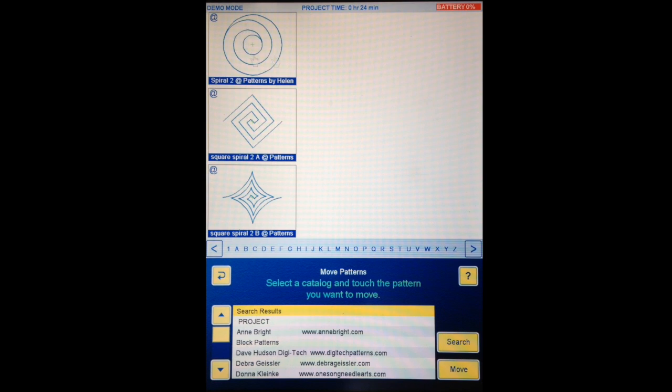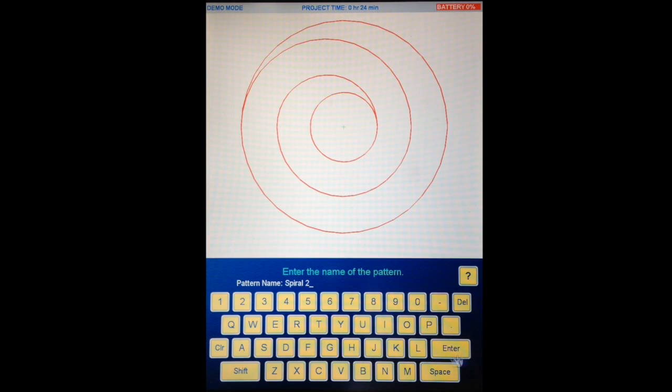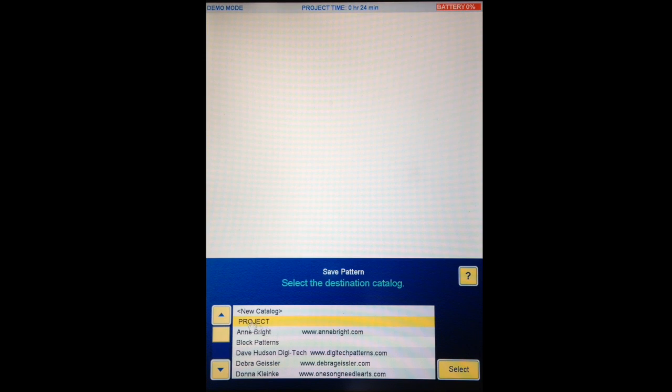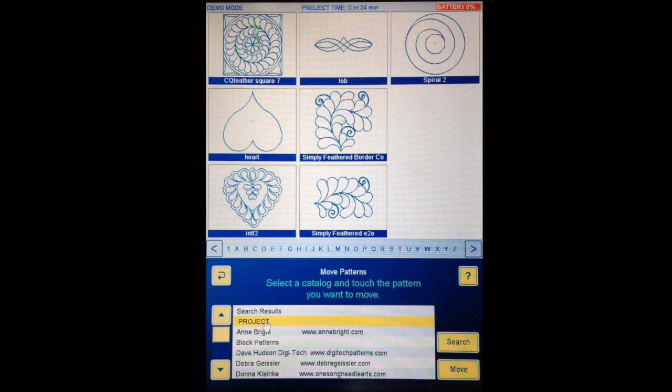This is the one we want. So I'm going to select that, hit move. No, I don't want to leave a copy. Spiral 2, put it in project. So now let's just click on project, and those are all the patterns that we are going to use in